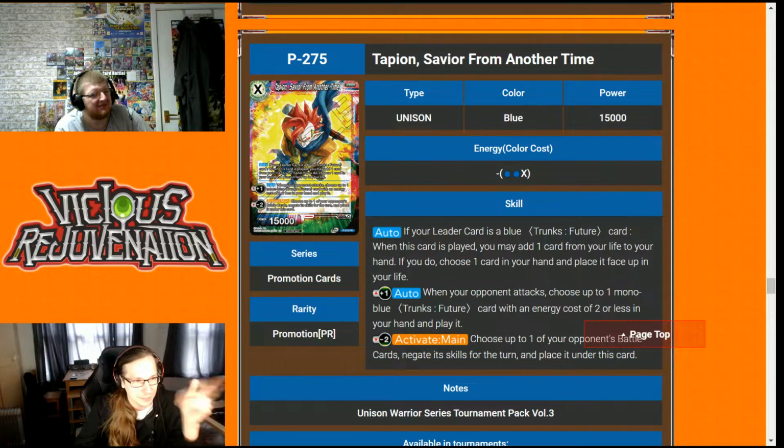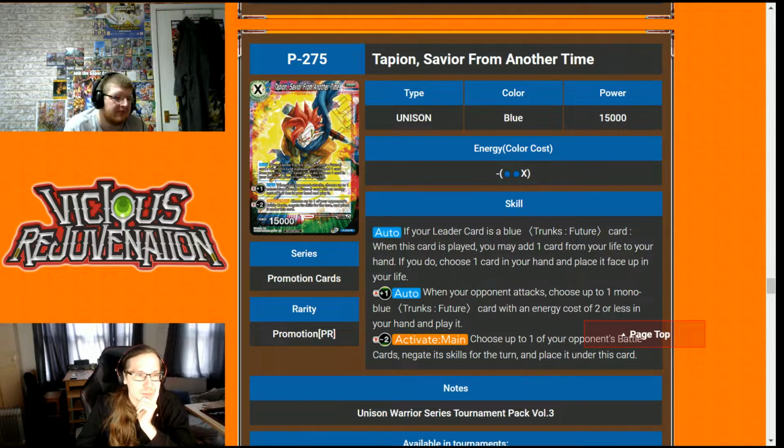Okay, never mind. +1, when your opponent attacks, choose up to one mono blue Trunks Future card with cost 2 or less in your hand and play it. There was something decent there, I think. You can play the expansion one as well. I think it was either expansion or tournament pack. Which is a blocker, so...